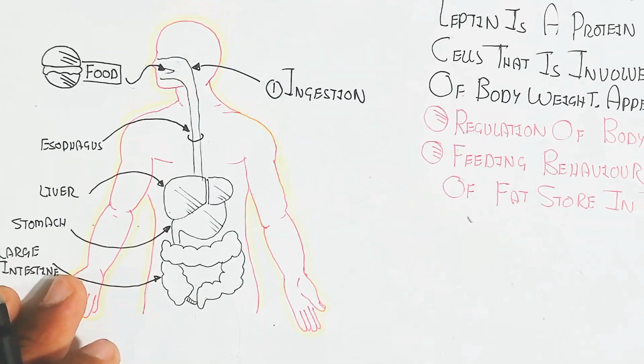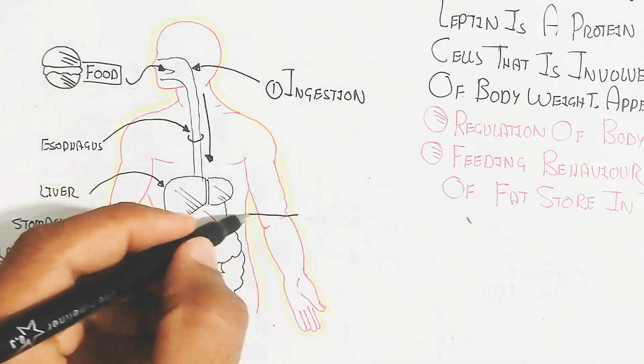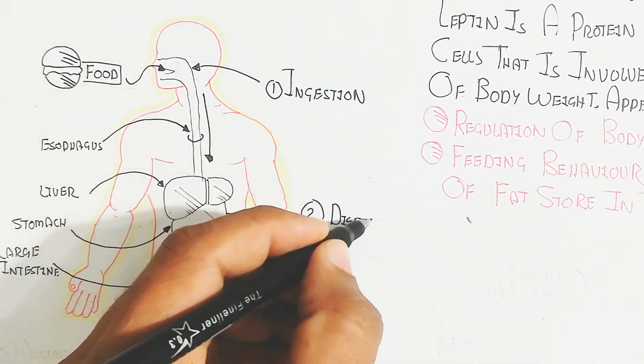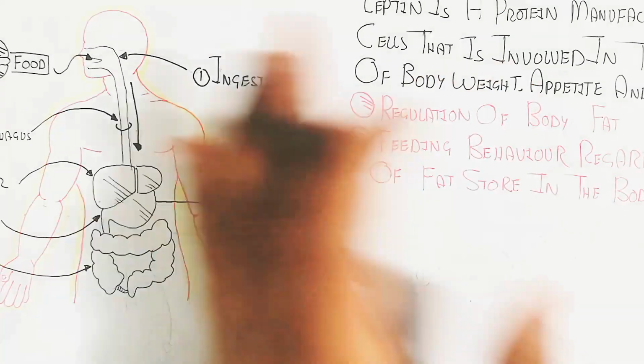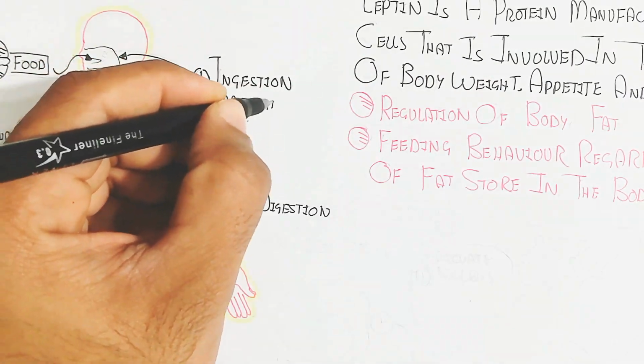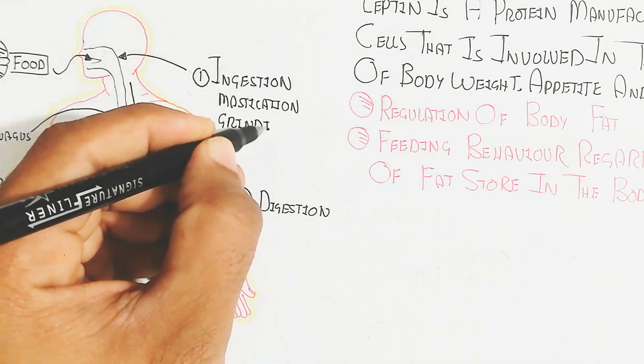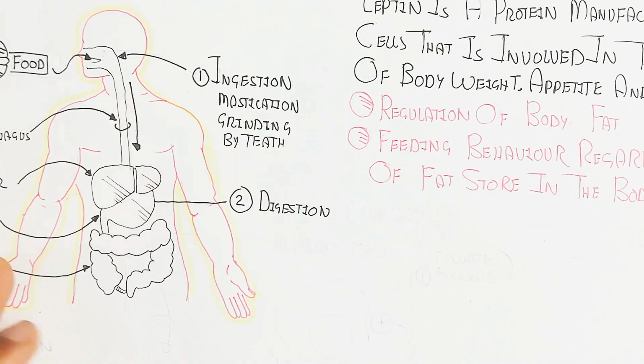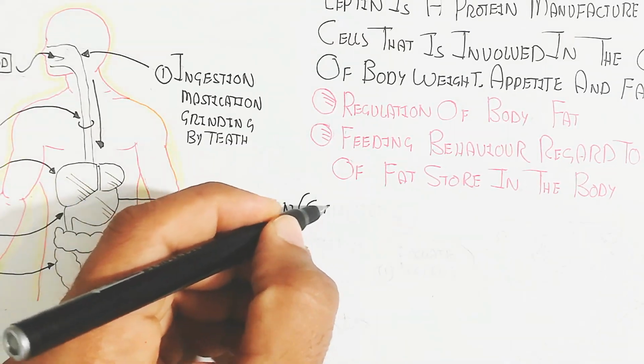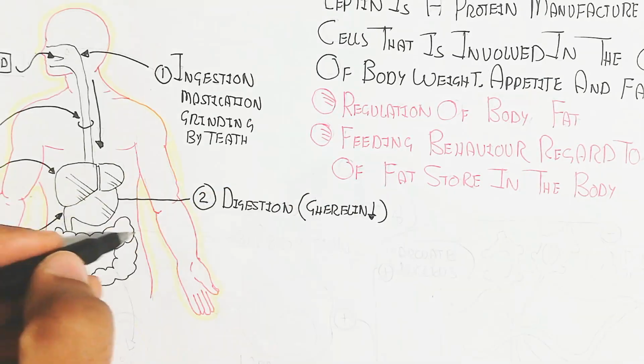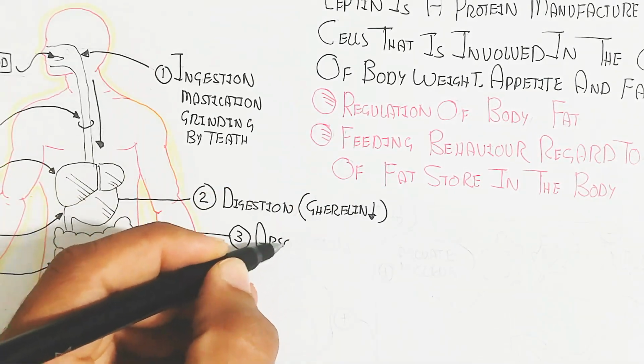When food is ingested, it occurs after mastication, grinding by teeth. Digestion will occur in the stomach, while the amylase produced from the saliva digests carbohydrates partially. The ghrelin will decrease due to the digestion,